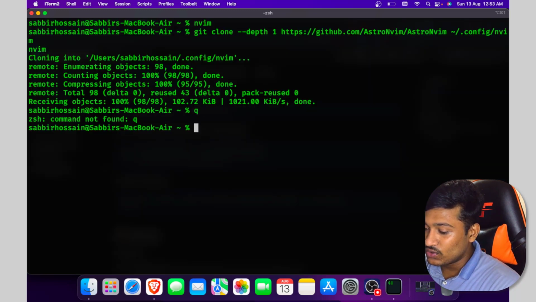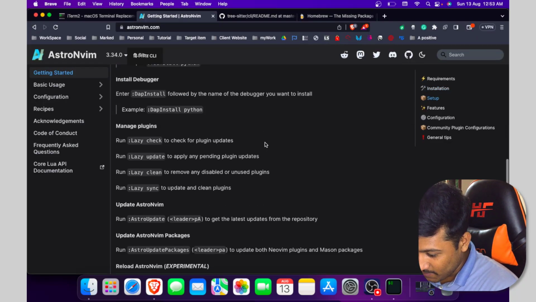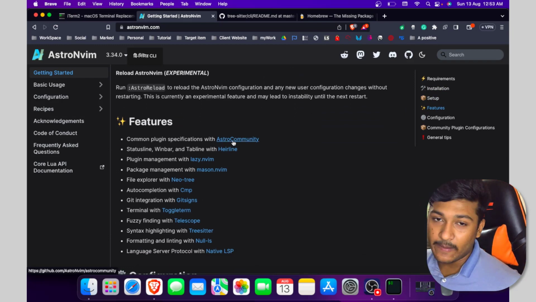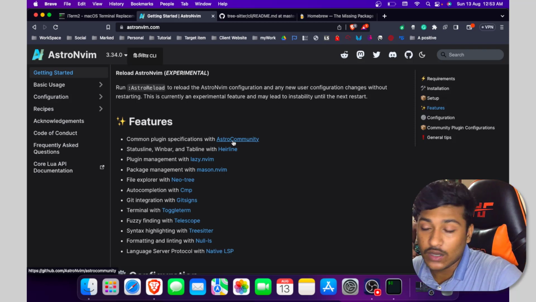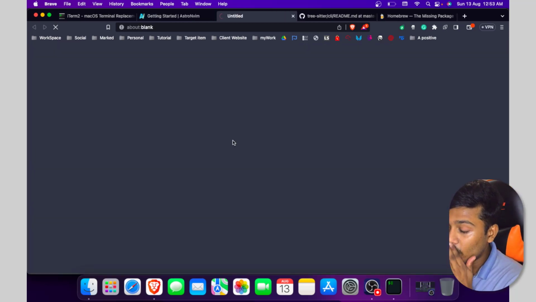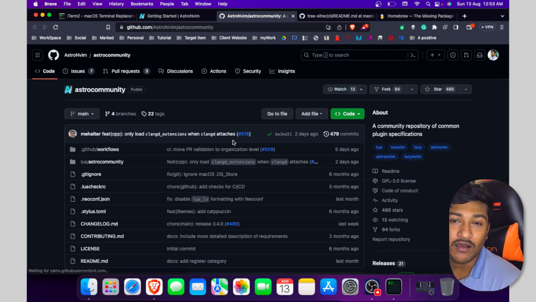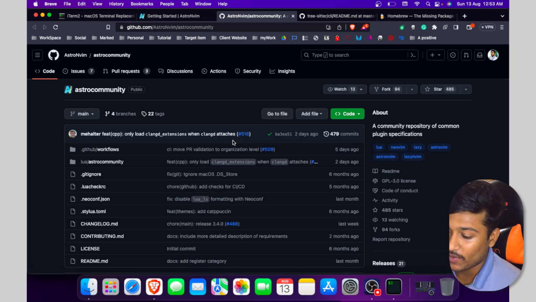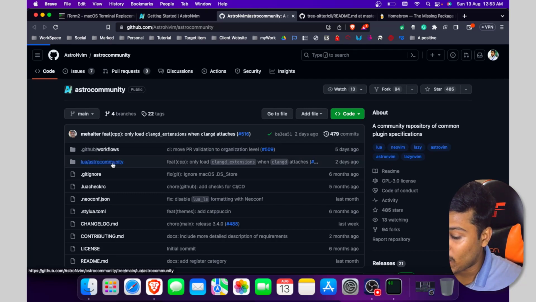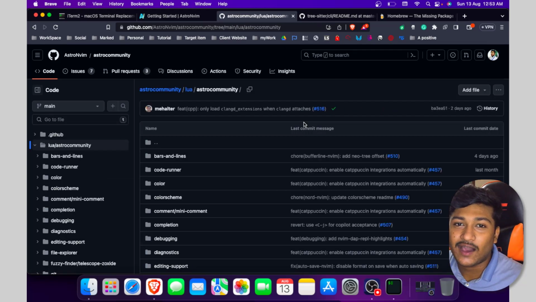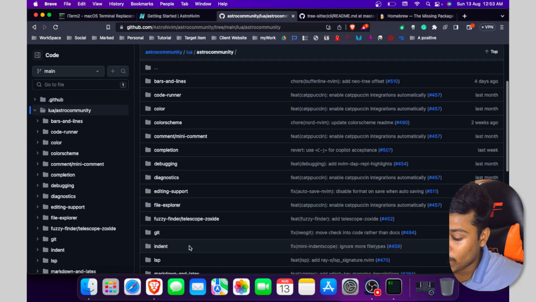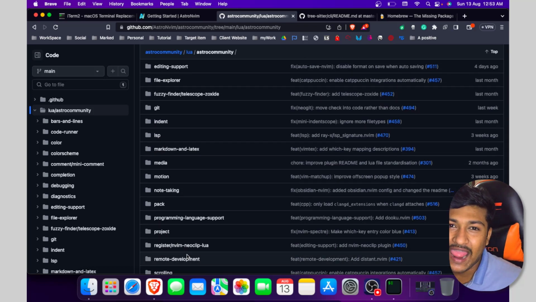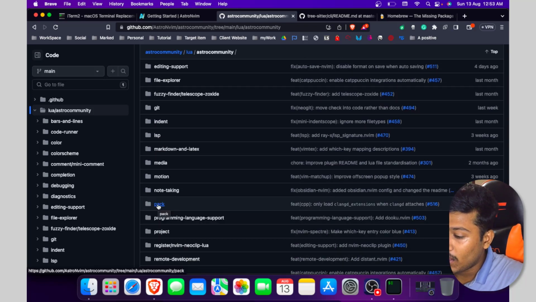You can use a template. For example, they provide lots of templates, common plugins and specifications with the Astro community. If you go to this GitHub page, for example Astro community, we will get lots of options like the color schema, font color, and file explorer, and we can get any kind of plugin which helps us speed up our coding.